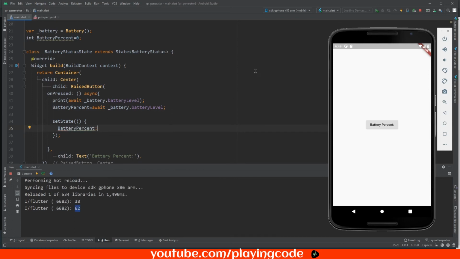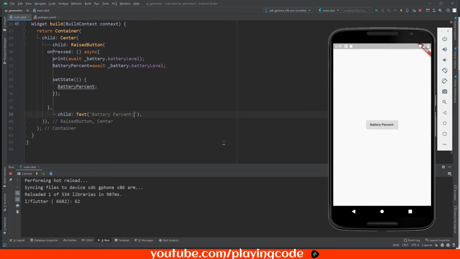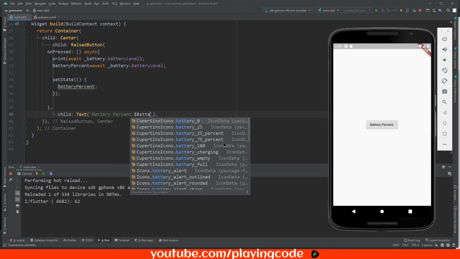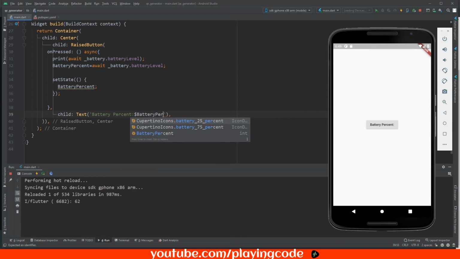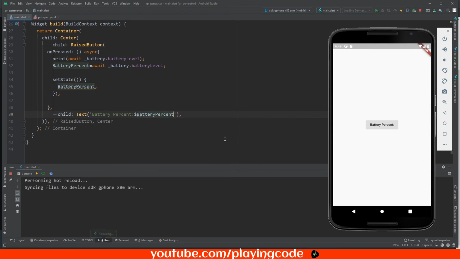Now if we run the app and click on the battery percentage, okay, my bad, we also need to update it in our text widget like this, battery percent right here. Save and run the app, and as you can see we've got the 62% battery.